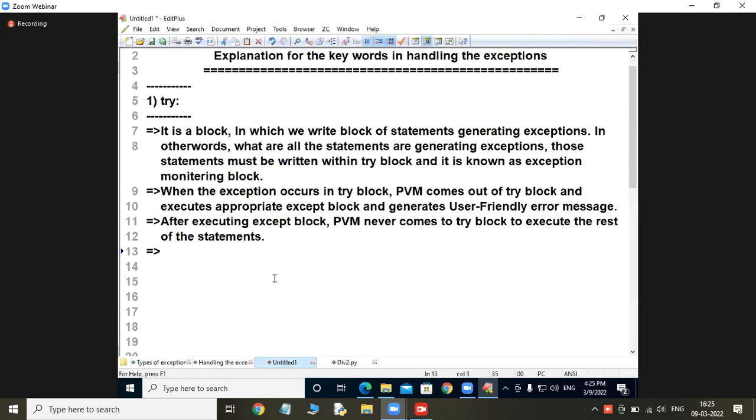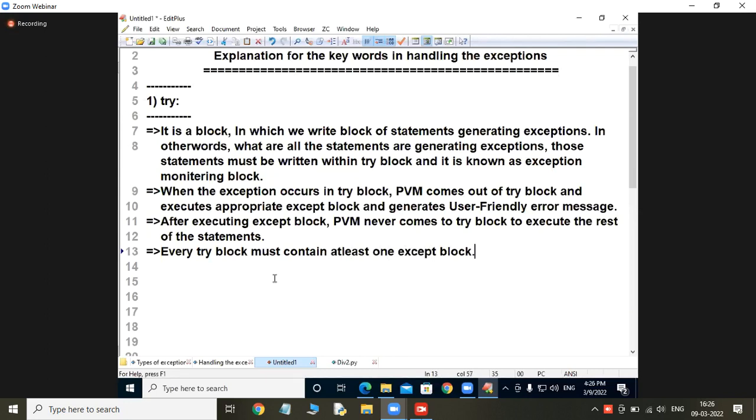I will write it. This is a syntactical point: every try block must contain at least one except block. Is it only one except block or many more?